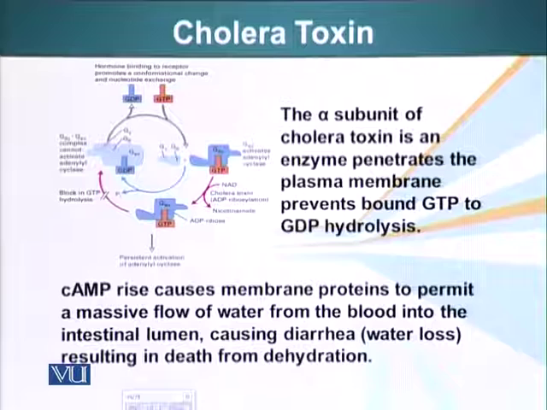Another point I would like to make here is that this G protein system is manipulated by some pathogens. For example, the alpha subunit of cholera toxin is an enzyme that can penetrate the plasma membrane and prevent GTP bound to the G protein from going through hydrolysis. They prevent G proteins from hydrolyzing their GTP into GDP. Now remember that G proteins are initially bound to GDP. Once they are activated, they lose their GDP. GTP is attached to the alpha subunit of the G protein,